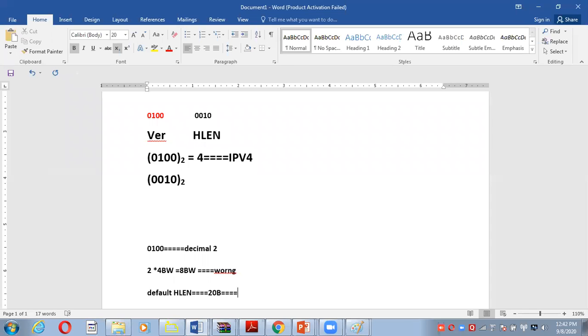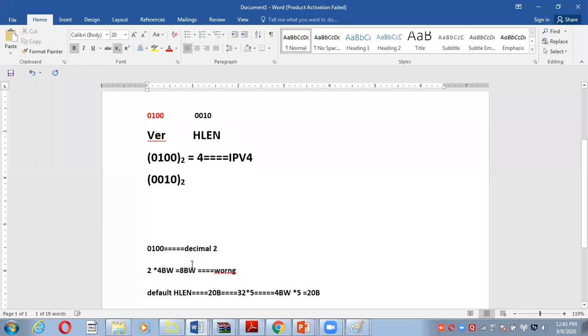Everybody has just seen in the demo that 4-byte words into 5 gives the default header length of 20 bytes, and that's why this packet will be discarded. In the given datagram, the version is 4, but the header length is specified as 0010, and it's wrong.